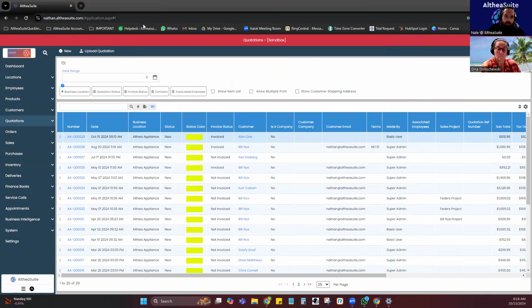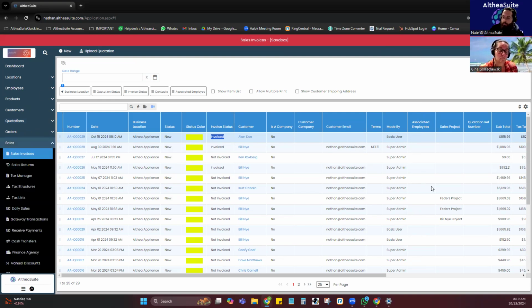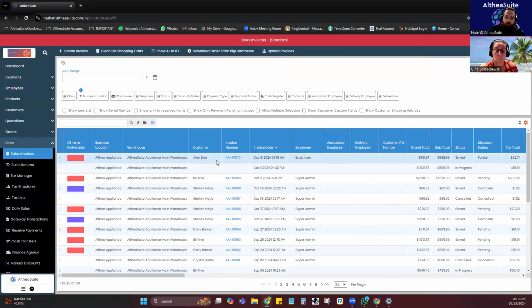But if I go back to AltheaSuite, you can see that quotation now says invoice. So that conversion already happened. The conversion really happened after we converted the quotation into an invoice and then saved the invoice. So now if we go back to that sales invoice, it's going to be this very first one. You can see it's for Alan Doe. There's this invoice number. If I scroll to the right,